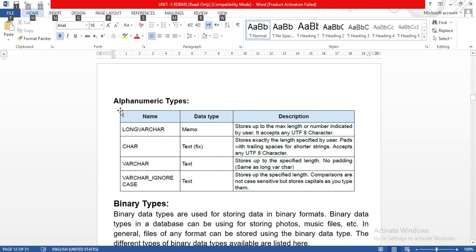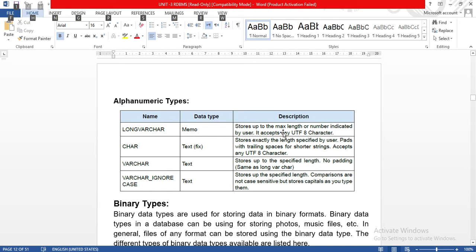Another data type is alphanumeric types. In this data type, the names are long varchar, char, varchar, varchar ignore case. The data type memo is for text, for writing bigger text, and varchar ignore case for more text. What are the descriptions?